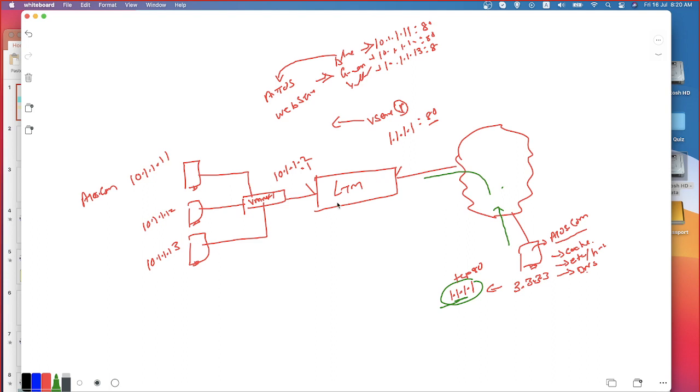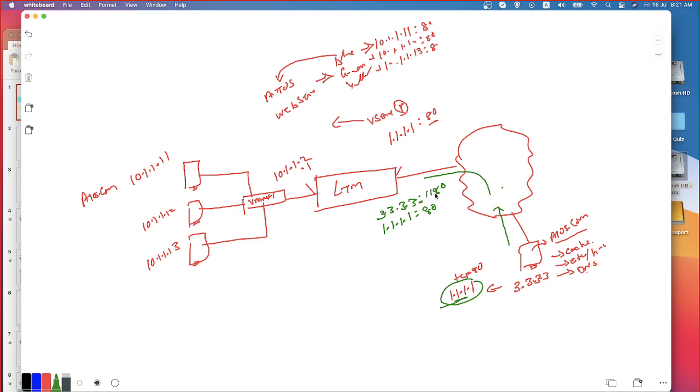That's how I have connected. Now the LTM is receiving the traffic which is coming from 3.3.3.3 to 1.1.1.1. The destination port number is going to be TCP/80. The source port number is going to be a random port number which is going to be greater than 1023. That's the behavior of a client, right? Let me take a case. This has picked up a port number of 1180. Let's say that this is the client port number.